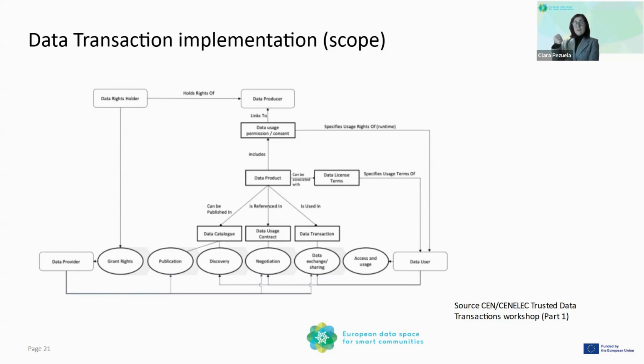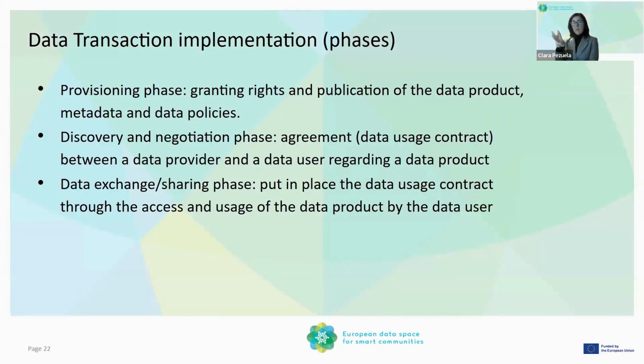But previously to that, this data has to be published and has to be able to be discovered by someone. And the access rights have to be established before the transaction itself. So that's why the transaction has three different phases. The first one is the provisional phase. It's a kind of offline work to be done before the data transaction. In this phase, you need to determine the rights and the access rights to the data. You need to publish the data product in a certain catalog, as I said before, by using a certain type of metadata.